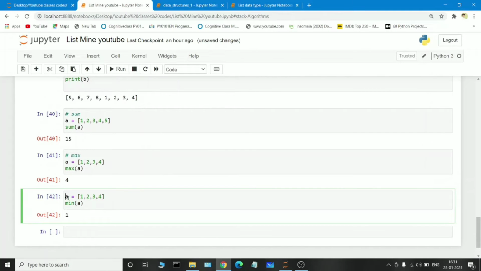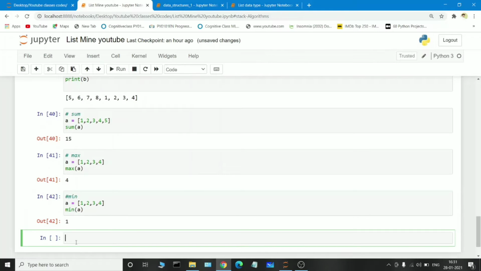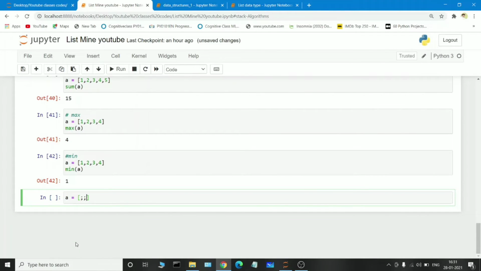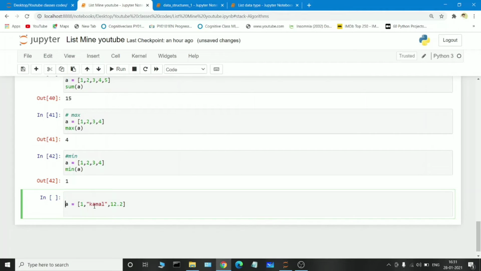Suppose I am passing a list with a string as well as 12.2, floating values. I want to find at what index position a particular element is held. The keyword we use is known as the index keyword.